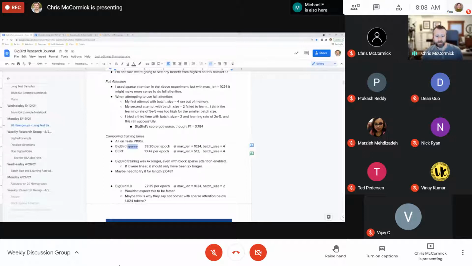But if it were linear, it should only be 2, right? Because the length of the sequence is twice what it was for BERT, not 4 times. So we're still seeing a quadratic growth, I'd say, in the training times. But I think that may be because we're at a lower maximum length. And the authors did say, don't use sparse attention for 1024 tokens or less. So this may be what they're referring to, that you don't actually get that